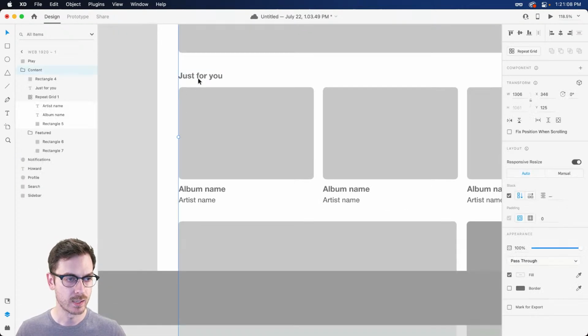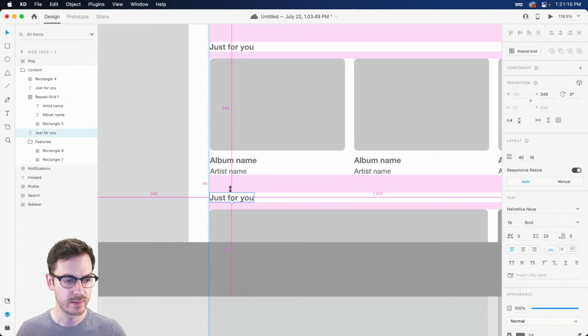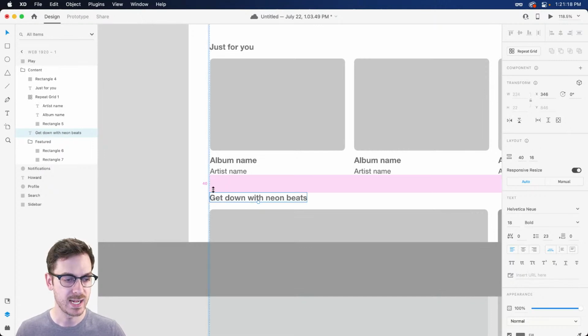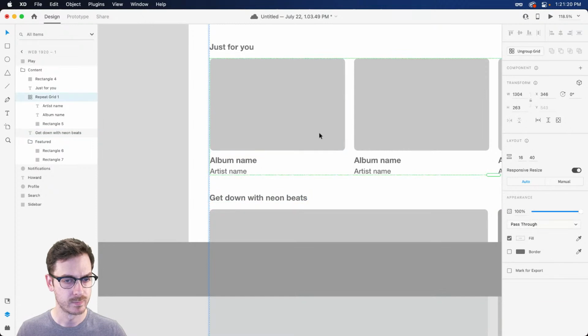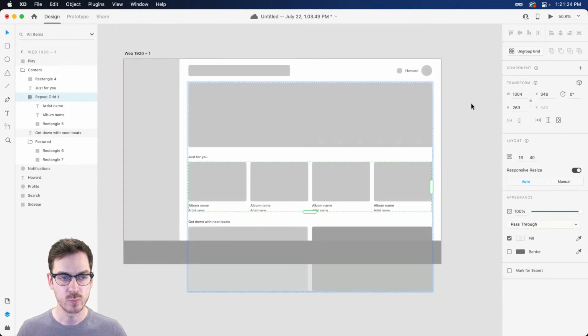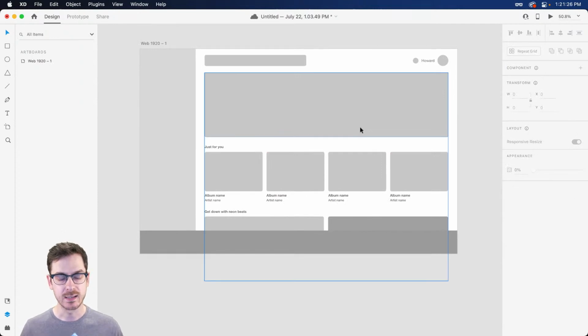And then finally, I'm going to dive in here and duplicate this down. I'm going to call this, just give another name to the section down here at the bottom. And just like that, we have more or less completed our kind of low fidelity design of this music application, right?